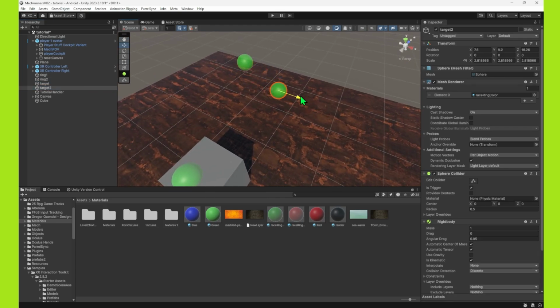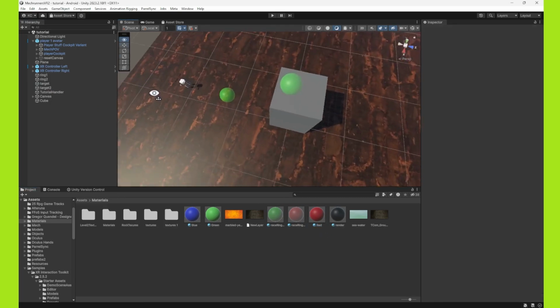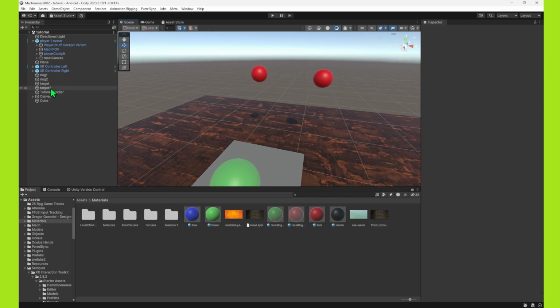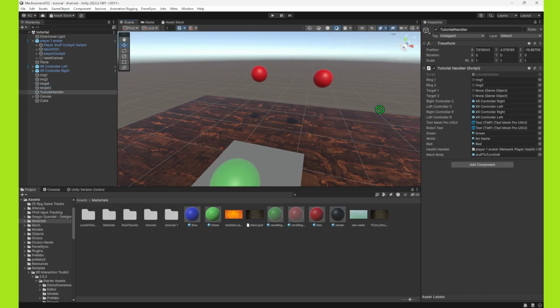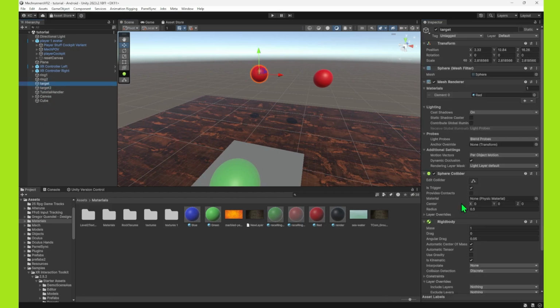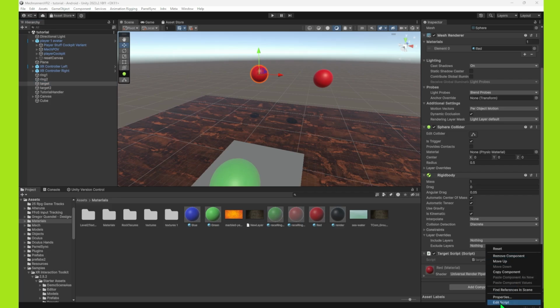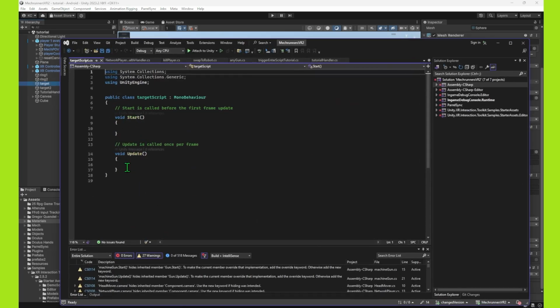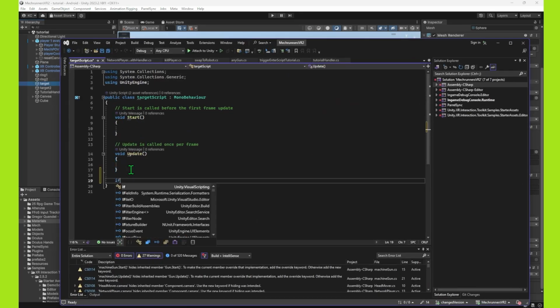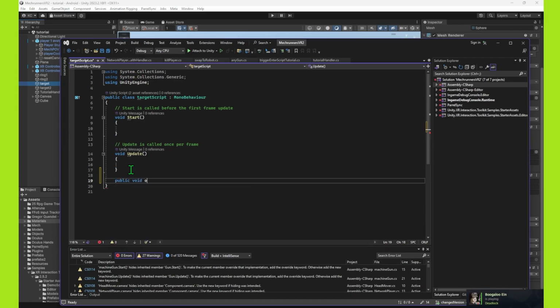And then I want them both to be red. Just because like that's a better target color, I guess. And then we need target. And then the last thing is I need to write the script that disables them. Pretty simple. Not a public void, on trigger enter, if other dot,